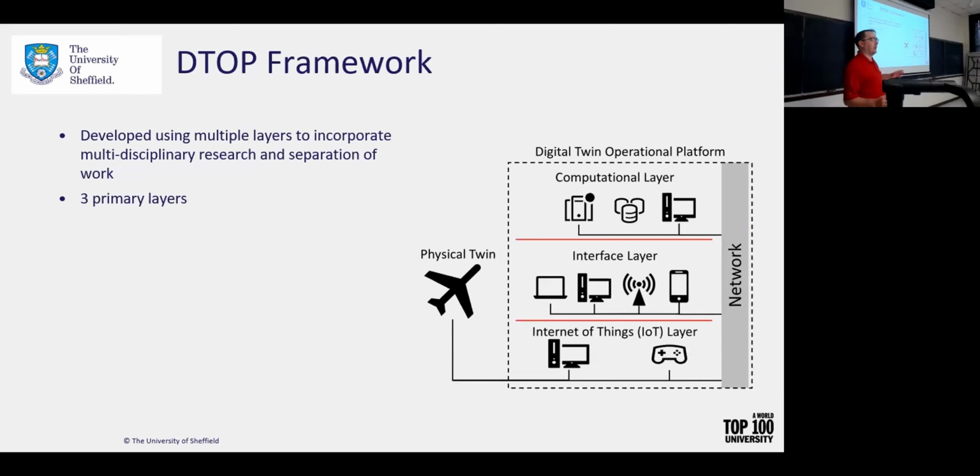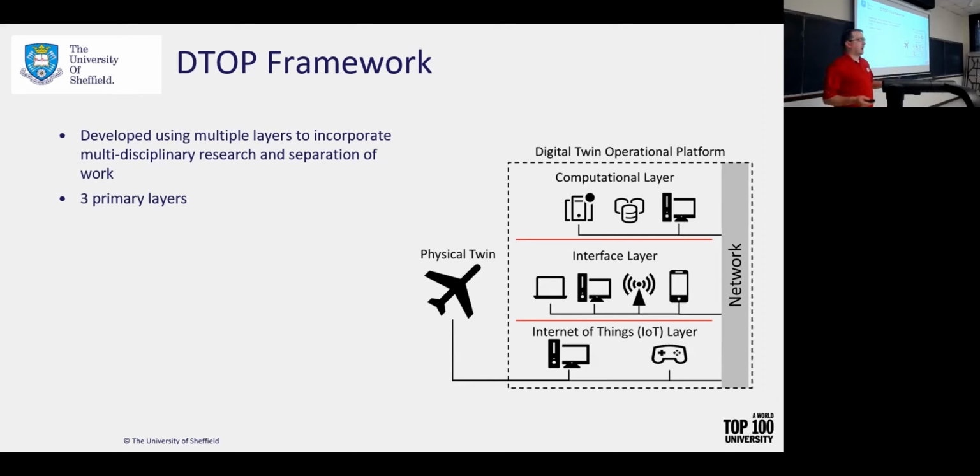So now I'm switching over to the advertisement part, of my own research, to get some work in there. The DTOP framework is what we've been using in order to generate digital twins. The way we've developed it is a multiple-layers approach, which allows a separation of work. It's primarily browser-based, but doesn't need to be. So we can think about things like web design. I'm not a web designer, but I can hire someone to make HTML for me, and that will make my product so much better so that engineers don't have to do everything. We can leave experts to do what they're experts in.